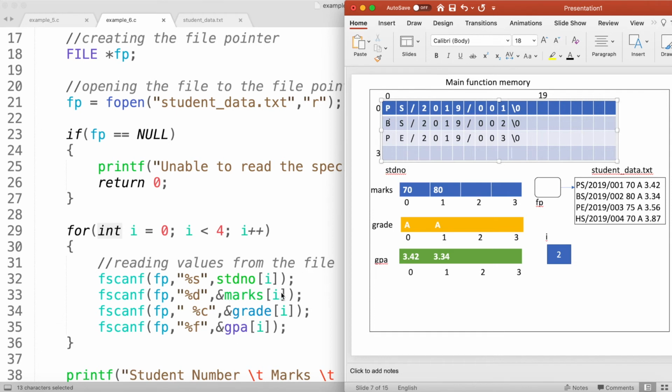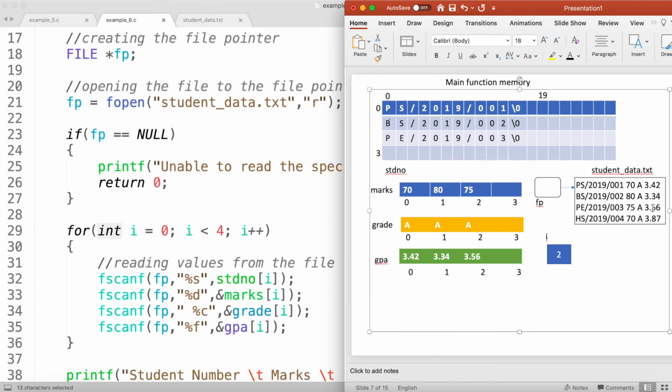Then I'm going to read his marks, that is 75, and that value will be stored in here. The third student's grade is also A, so that value will be stored in here. The third student's GPA, 3.56, will be stored in here. So this is how my memory looks once I read the information for my third student.